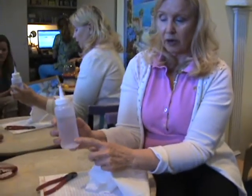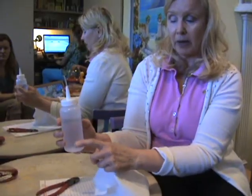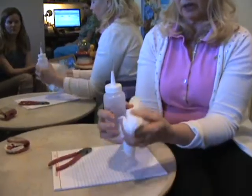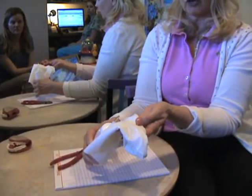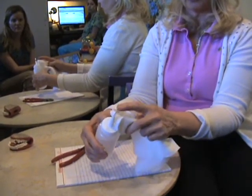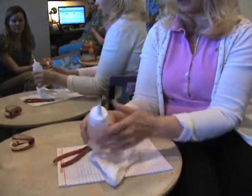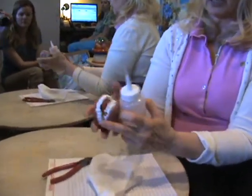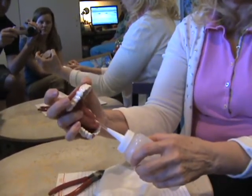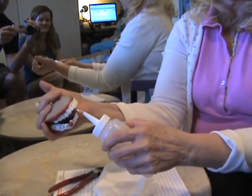Okay, so when you have fluid in here, you can tell how many ounces it is, or you can weigh it, but it's marked by ounces. To see how fast it's going to flow out before you present it to the person, press it, and it shows you how little pressure you need for it to come up. Now, what's nice about using this kind of tubing is you can actually see it as it comes up. And when you're presenting it, I would keep it by the upper surface of the teeth, not the lower. So you want to go under the top teeth, because if you go down here, it'll make their tongue stick out. So if you go by the top teeth, their lower jaw and lip will close on it,